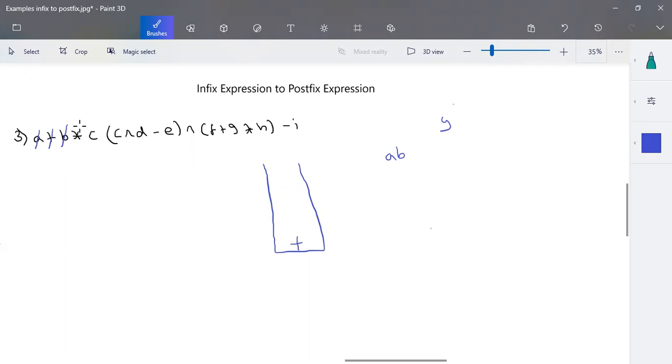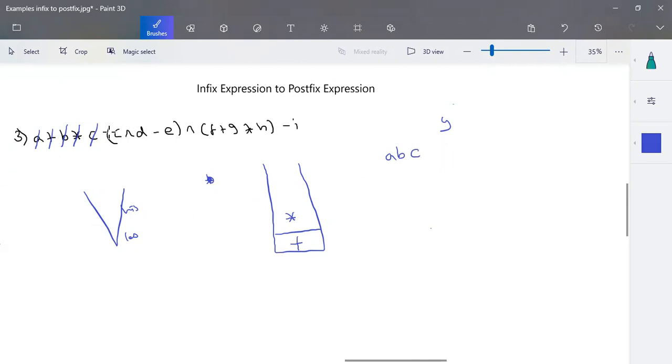And the next element to be scanned is the operator star. Now we have to verify whether star can be pushed into the stack. And we have to follow this inverse triangle rule: we can place a higher precedence operator on the top of a lesser one. So star has a higher precedence, so we can directly place star on the top of plus. It is allowed. Okay. So the next element to be scanned is C. We directly add C to the output expression. C is the operand. An operand can be added over here.